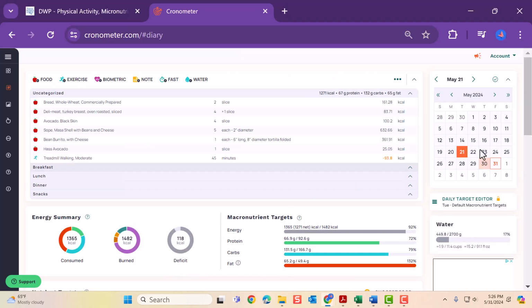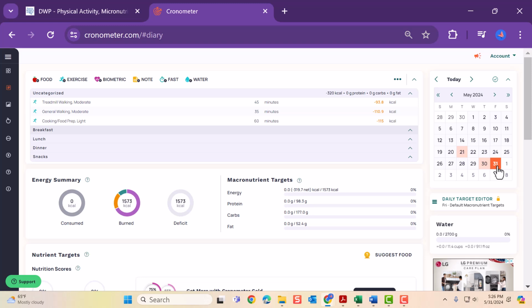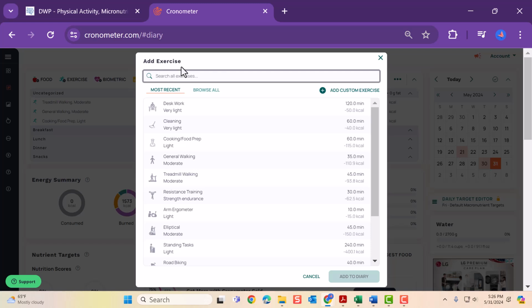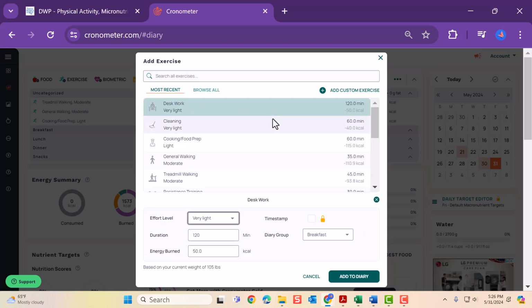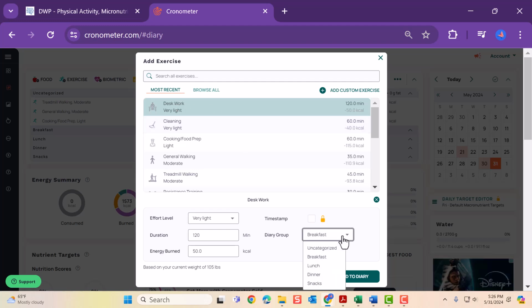Okay, so we're in Chronometer and we're going to select a date. You can do all 4 on the same day. So I already did a couple of examples. And when you add in an exercise, you're just going to use the exercise, not the food. So you're using the food for our food diaries, but now you can use the exercise option. For instance, today I've been working on this class, probably for the last 2 hours. So I could write in desk work, and I'm not going to categorize it. It's not a food. Very light for 2 hours, which is 120 minutes, and I'm going to add it